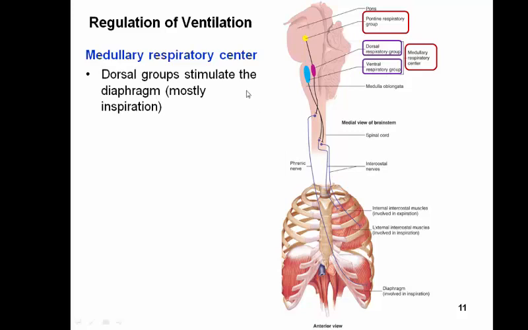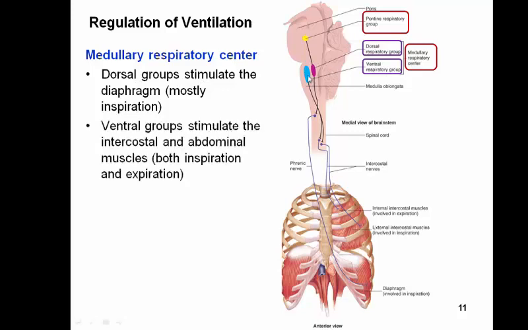So the medullary respiratory center contains the important dorsal group, which stimulates the diaphragm muscle. The ventral group is activated when the need to increase ventilation, the need to increase the depth of the inspiratory phase goes up. And so the ventral group will stimulate the intercostal muscles, will also innervate and activate the abdominal muscles, which will drive